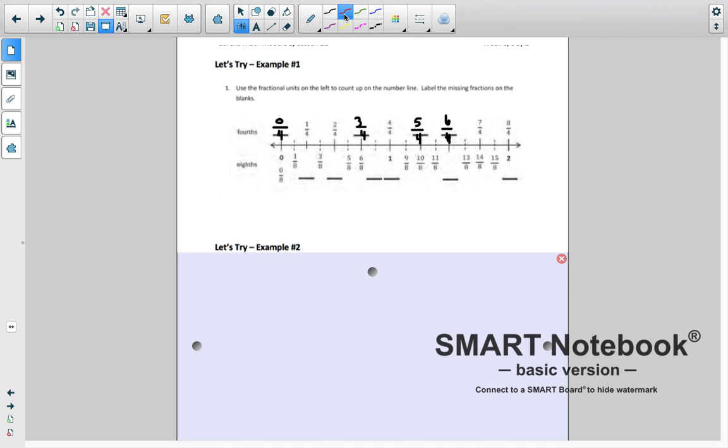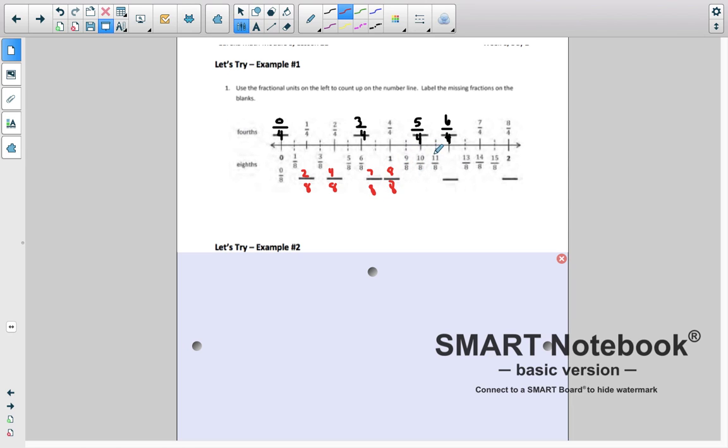I'm going to do that in a different color. So they started off with 0/8, and they did 1/8. What comes after 1/8? 2/8, 3/8, 4/8. They're just counting up. 5/8, 6/8. What comes after that? 7/8, 8/8,